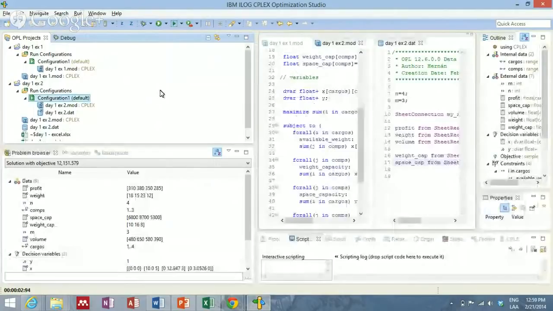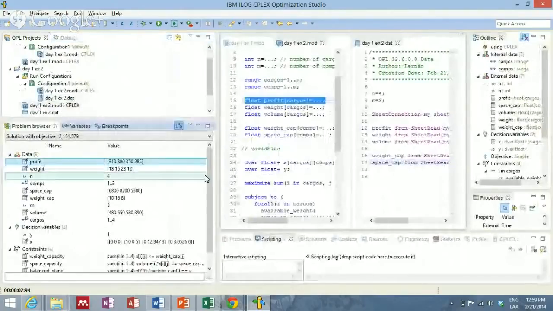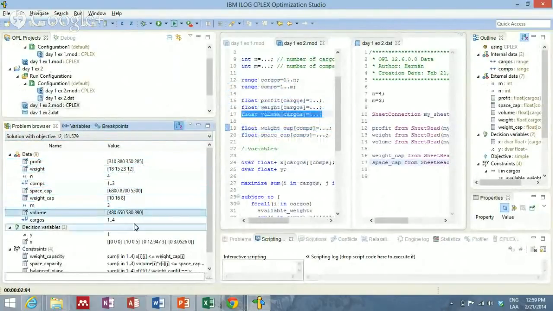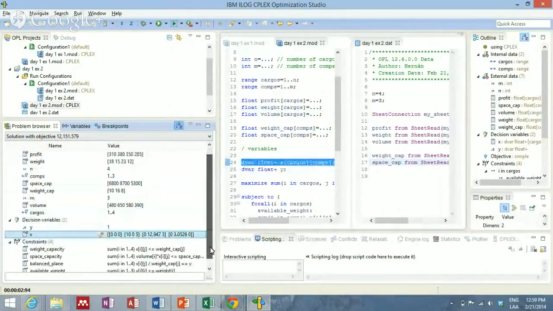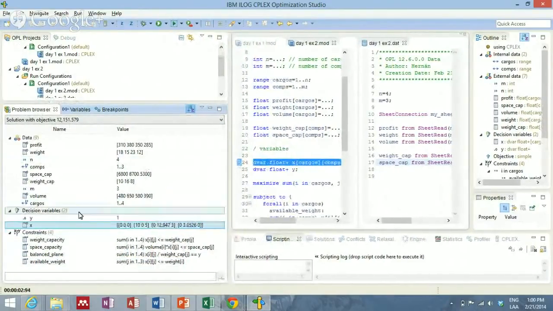Okay, let's see what we have here. So on this side, there's the solution. You can see here the value of the parameter that we got from the Excel file, the value of the decision variables, and the constraints. Now, if you put the mouse here on top of X, you're gonna see this button right here to see the details of the variable. So if you click on that,